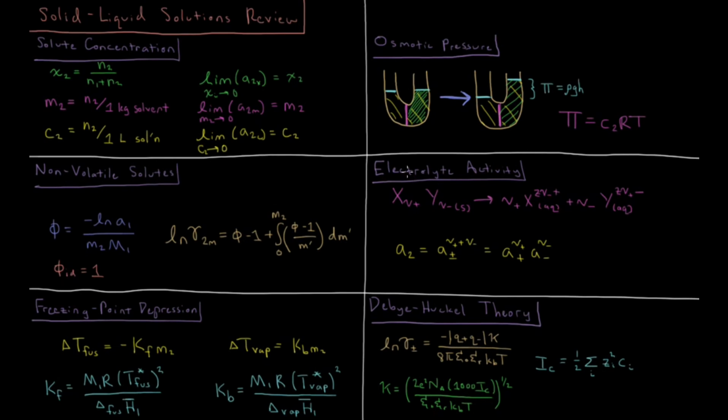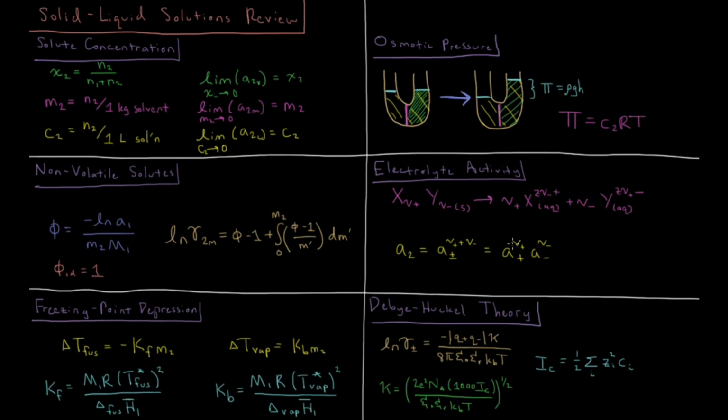We can also define the activity for electrolytes, which are substances that dissolve into ions upon going into solution. So we have some hypothetical ion here, X nu plus, Y nu minus, and that dissolves into nu plus X ion, cations, and nu minus Y anions. And the activity for such an electrolytic solute is equal to the mean ionic activity, a plus minus, to the power of nu plus plus nu minus, so the sum of their stoichiometric coefficients, which is also equal to what we define in that video as the